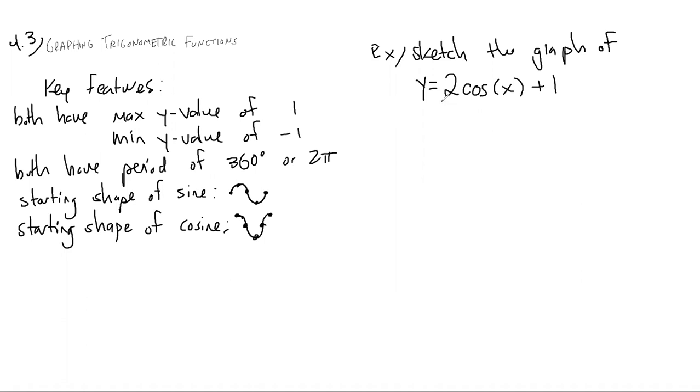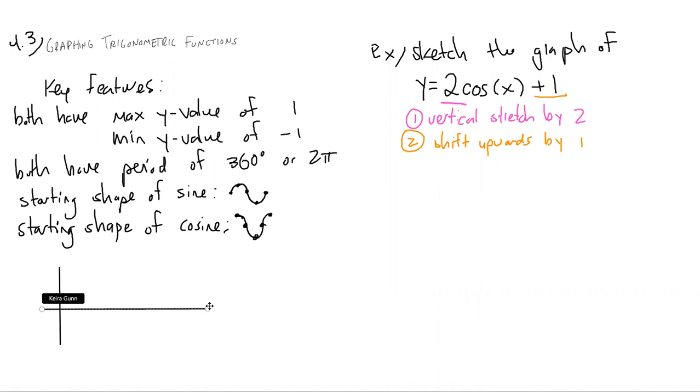And so if you remember transformations, that 2 is going to start us with a vertical stretch of 2. And then the plus 1 is going to follow that up with a shift upwards by 1. So this is really going to only affect the vertical aspects of our graph. And so instead of starting with the graph and then doing all these kind of annoying transformations, what I'm going to get you to do is look at the graph from a kind of a